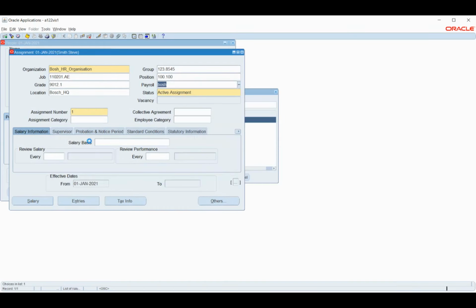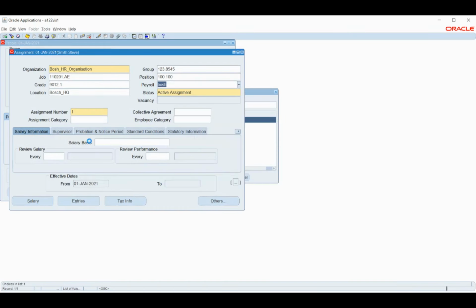Let me add this particular thing as a legal employer as well. These are compliance requirements. Since I have selected India as the country, we have these localization-based compliances.